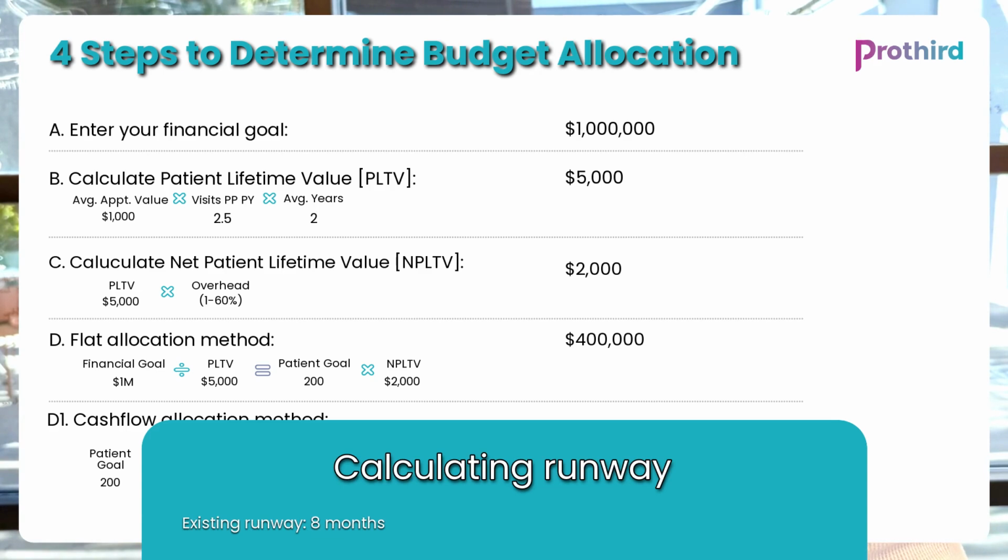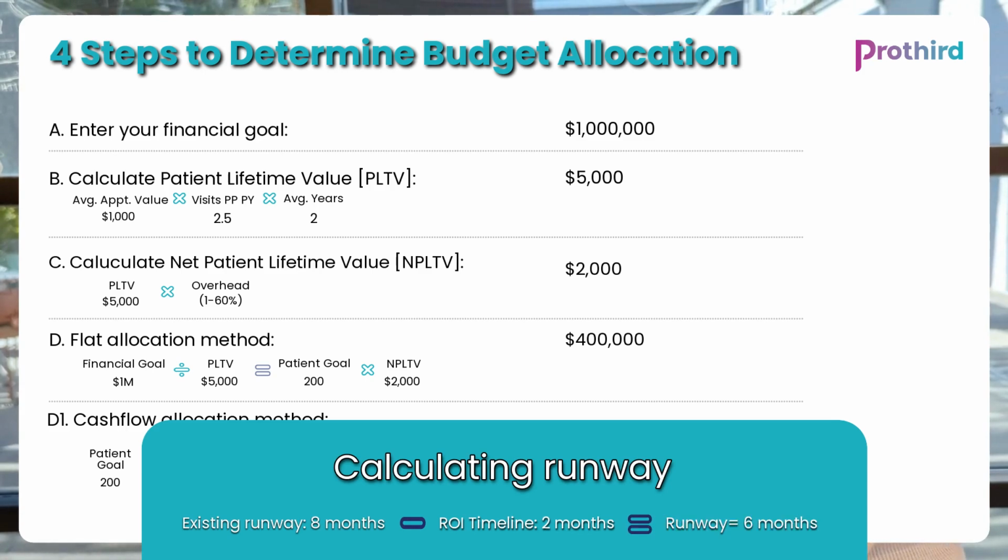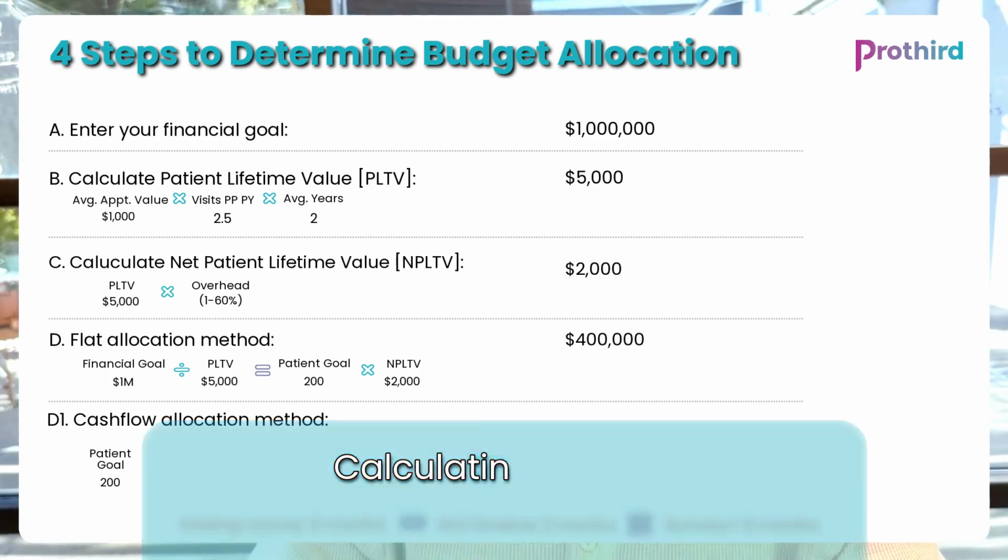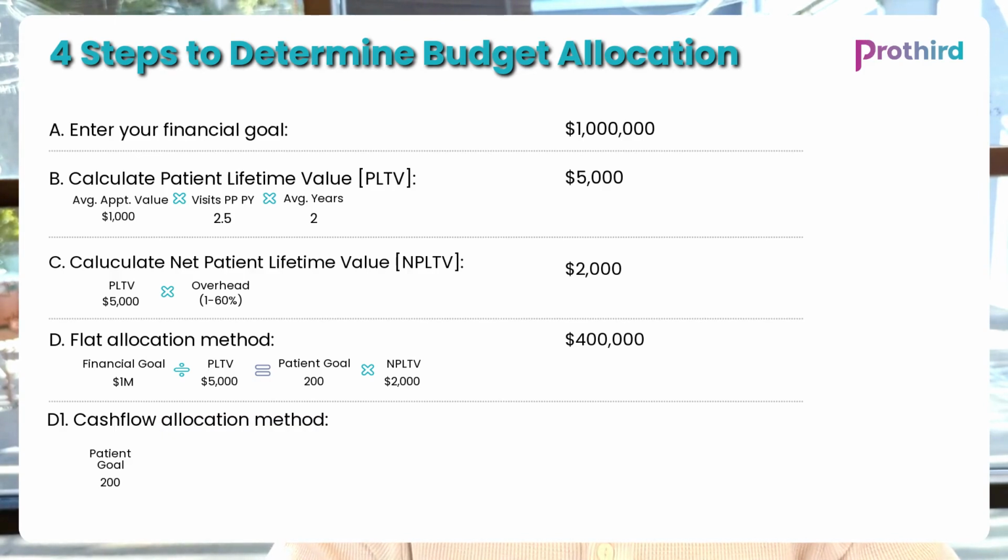operations. All right. Now we're also going to say that on average, it takes them about 2 months before they start seeing the revenue come in, from whatever billing management system that they're running. So in reality, that leaves us about 6 months of actual runway before we need to start seeing money come back from our marketing spend. All right. So how we're going to account for that in the allocation is we're going to reduce our net